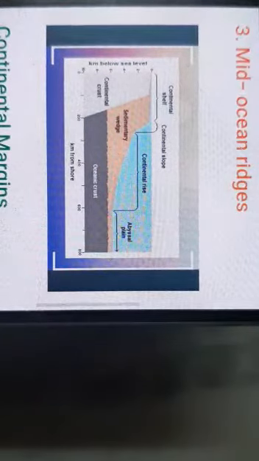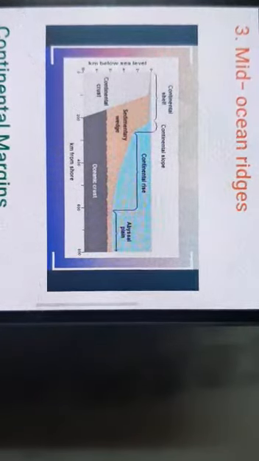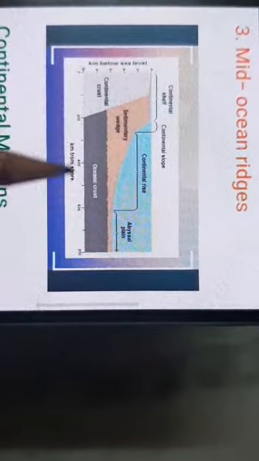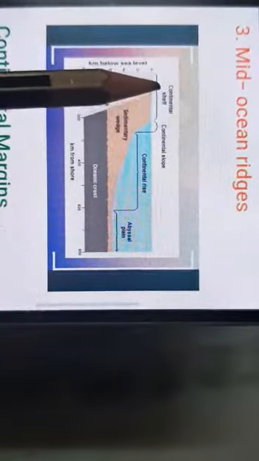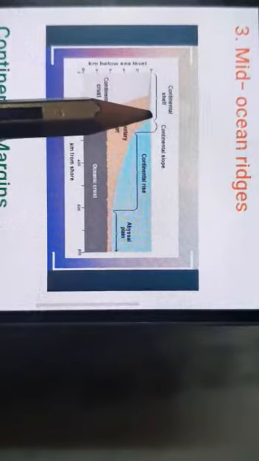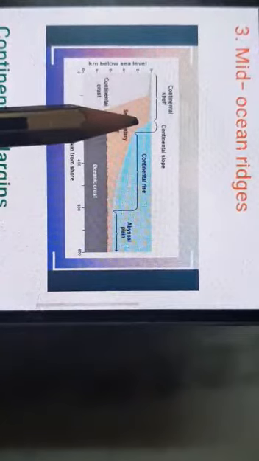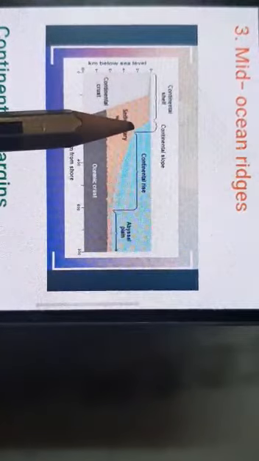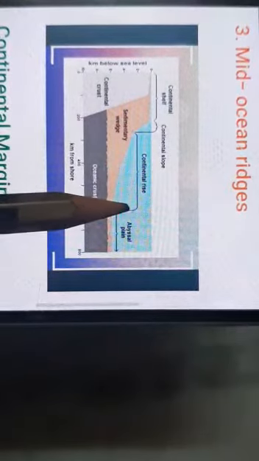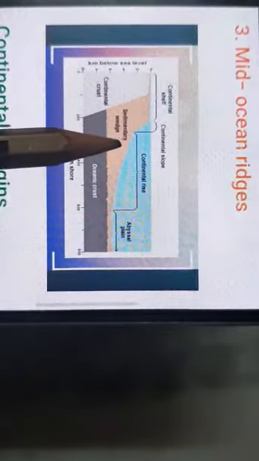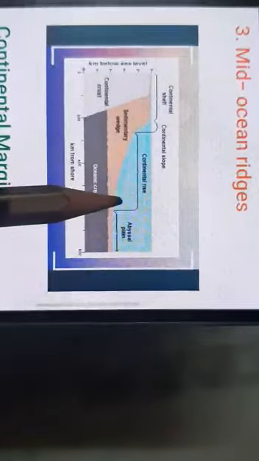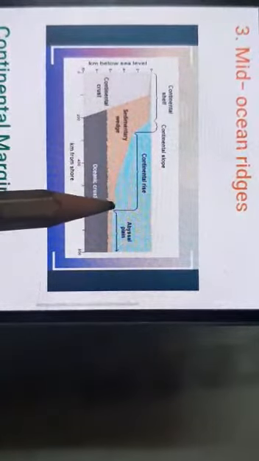Again we divide the continent margin into three parts. One is the continental shelf. This continental shelf is basically a part of the continent. Then the slope, as you can see, is also a part of the continents. Then the continent rise, this is also a part of the continent but beneath the water surface. This is the continent rise, and